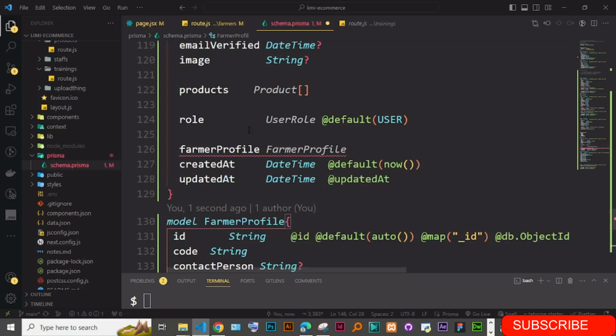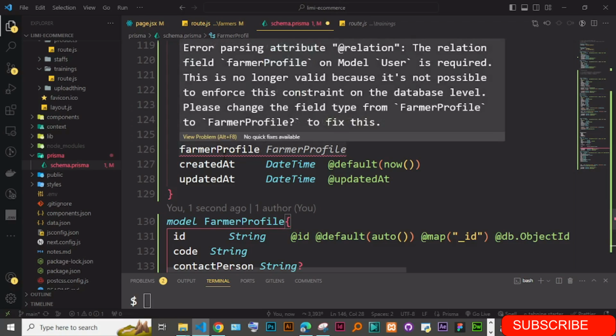Okay, so now what do we have here? The relation field farmer on the model user is required. It is no longer valid. It's not possible to enforce this constraint onto the database level. Please change the field type farmer profile to